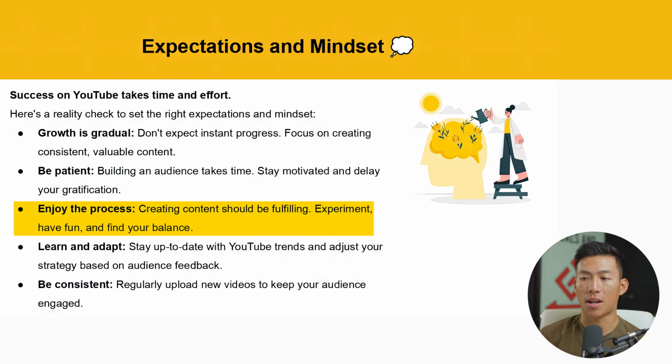And also just enjoy the process, right? Creating content should be fulfilling for you. You should experiment with different videos. You should have fun with it, and don't be so serious, right? Find your balance between creating videos that are just for all the trends. Again, like I said before, you don't want to just focus on the trends all the time, because this is maybe going to lead you to burnout. So, it's important